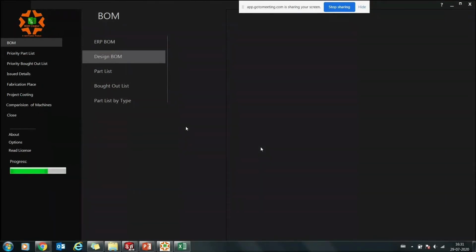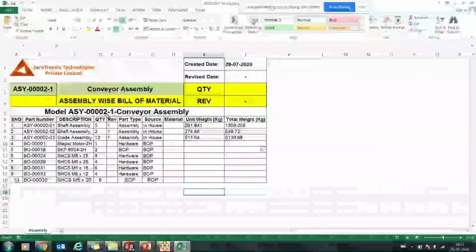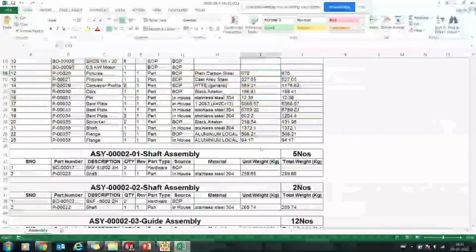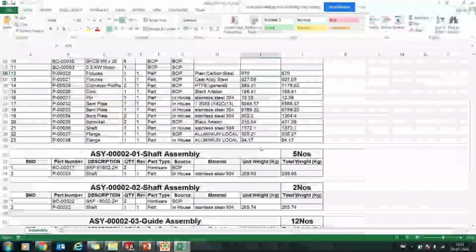So now what this does is it basically covers your top level thing. What are my top level parts, sub-assembly, their child, with their respective quantity. Okay. So this is my assembly name. This is part number. This is my assembly name. Right. So this is the list assembly wise. This is the created date, unit weight, total weight. Right. So this is my complete top level. There's the second sub-assembly, its quantity, the second sub-assembly, its quantity, and the third sub-assembly and the quantity. And this is the composition I've been talking about.